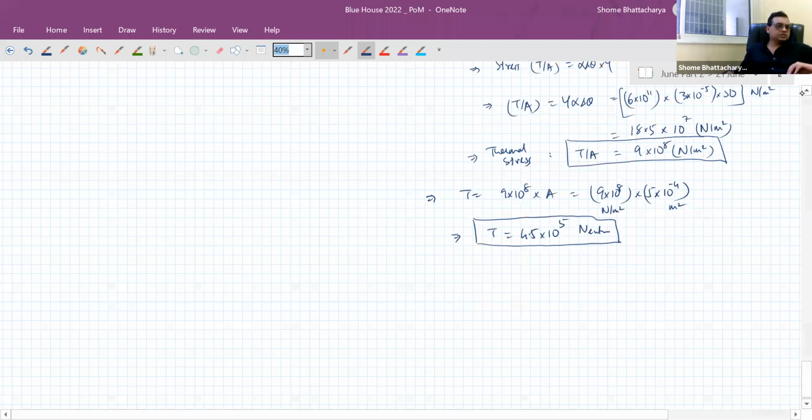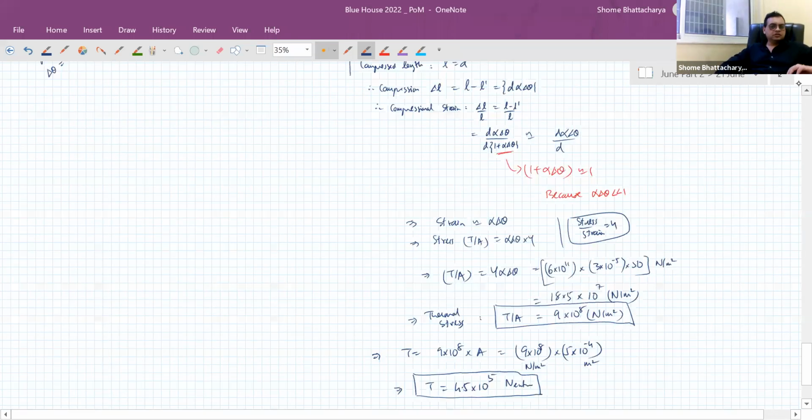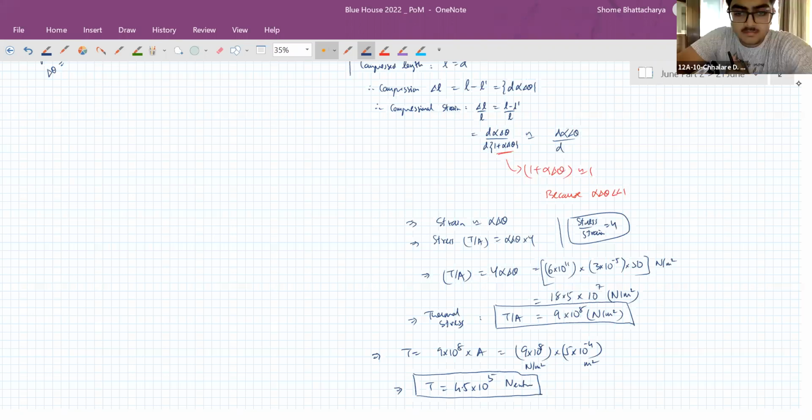So anyhow, in the thermodynamics chapter of thermal expansion, there were a few questions based on thermal stress, where Young's modulus was additionally given to you apart from the coefficient of thermal expansion alpha. So this is what we had to do in those questions. You can go back to the thermodynamics exercises in HCV, because thermal stress problems you will not find in the properties of matter chapter. Rather, you will find them in the thermal expansion chapter or the heat and temperature chapter, because that comes in HC Verma part 2, whereas elasticity comes in HC Verma part 1.